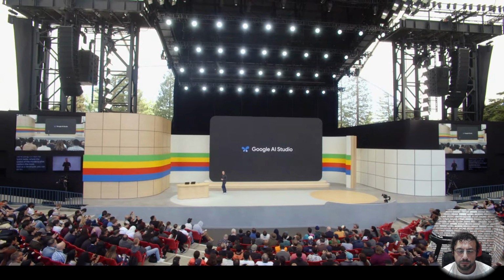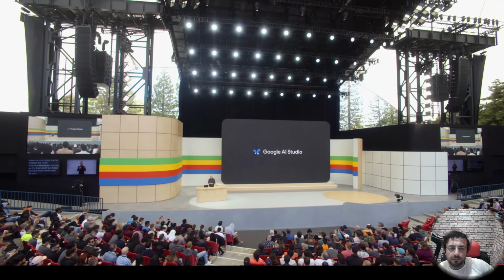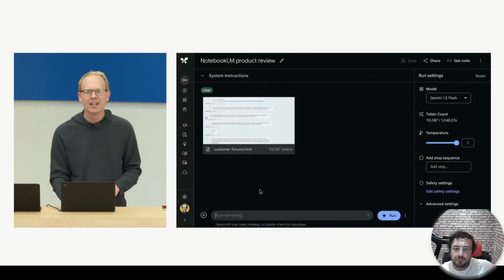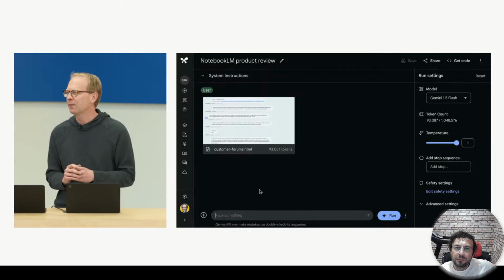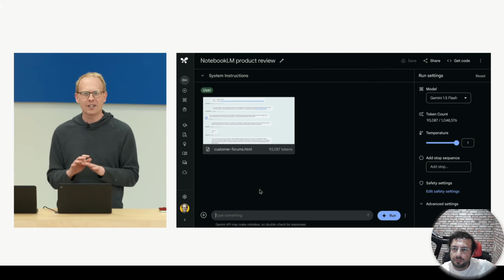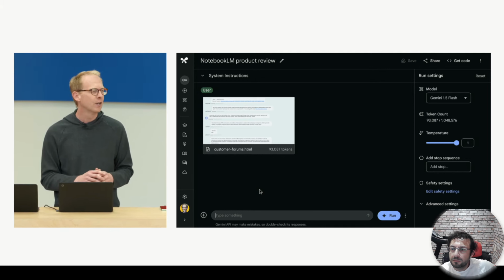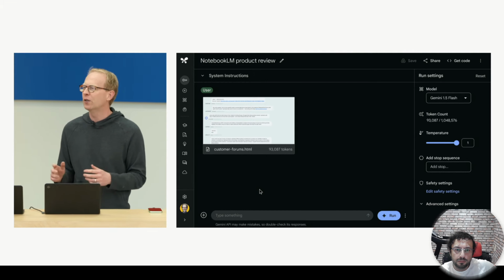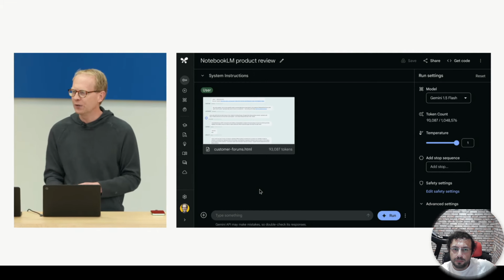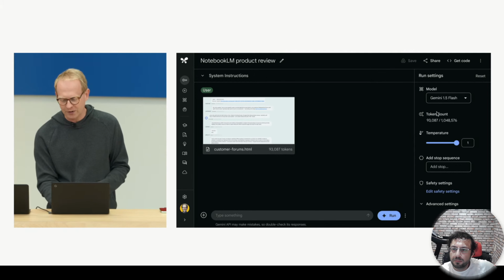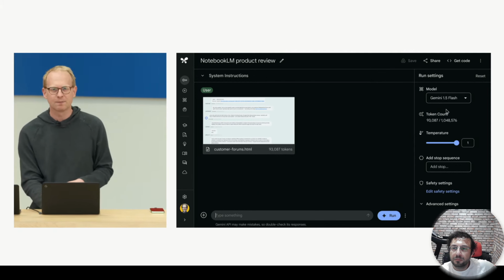Now, I'm going to show you how it works here in AI Studio, the fastest way to build with Gemini. And we'll pull it up here. And you can see this is AI Studio. It's free to use. You don't have to configure anything to get going. You just go to aistudio.google.com, log in with your Google account, and you can just pick the model here on the right that works best for you.